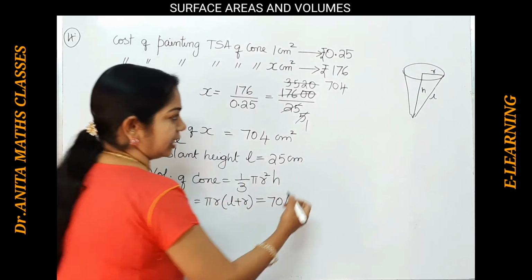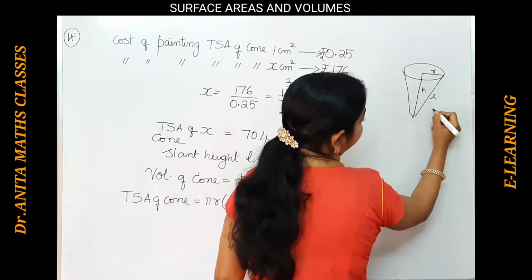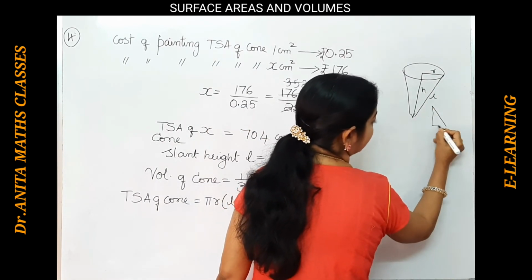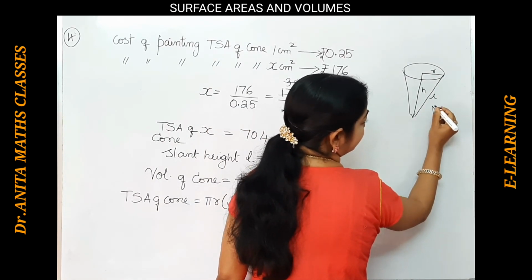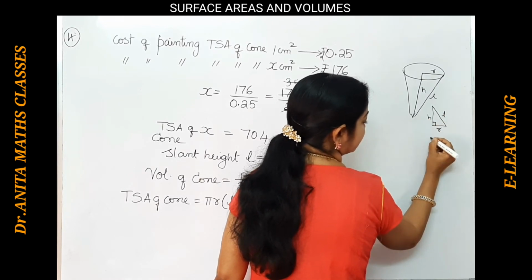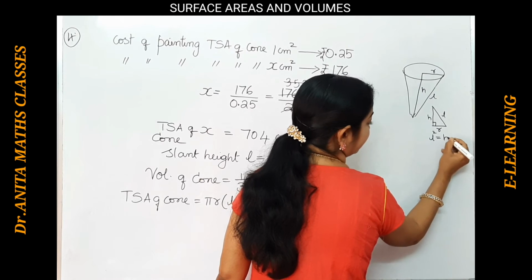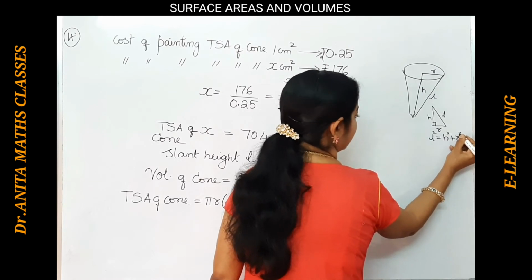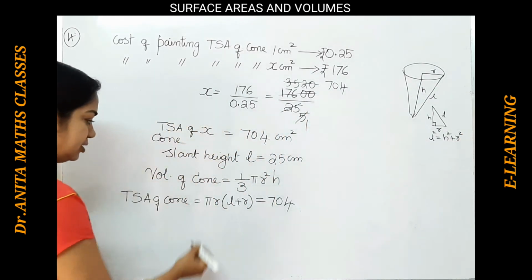because we know that here this is a right angle triangle. I have discussed in my concept video, right? This is h, this is L, this is r. So how do we find L square from the Pythagoras theorem? r square plus h square. So from here,